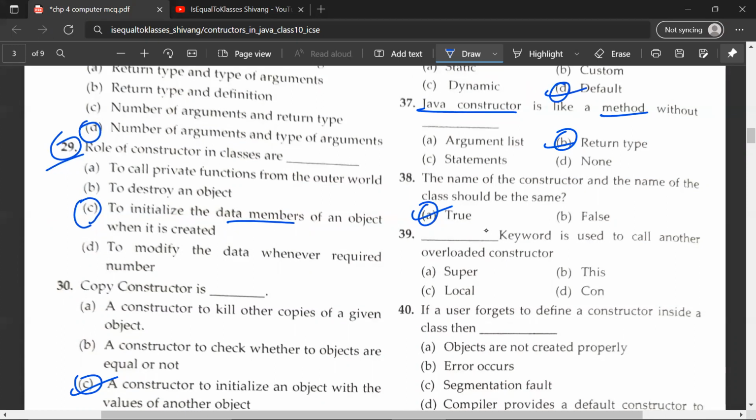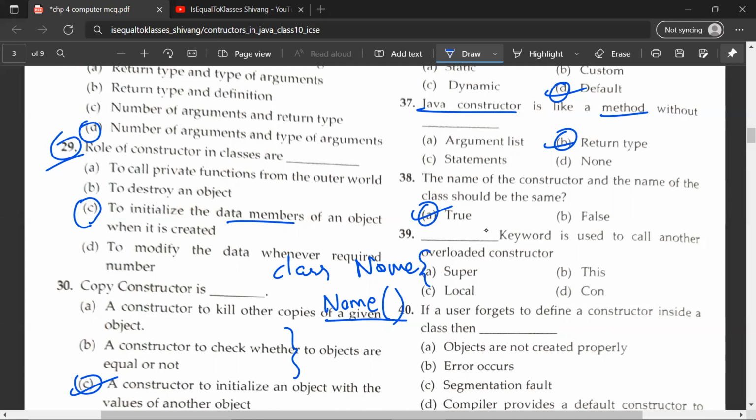That's what sets constructors apart from methods. Constructors have the same name as a class, whereas methods should not have the same name as a class. If you have a class that is named, say for example, name, and you want to declare a method, but by mistake you've declared it as, let's say, name like this, this is a constructor. This is not a method. If you want to declare a method, just write a method name other than the class name itself.